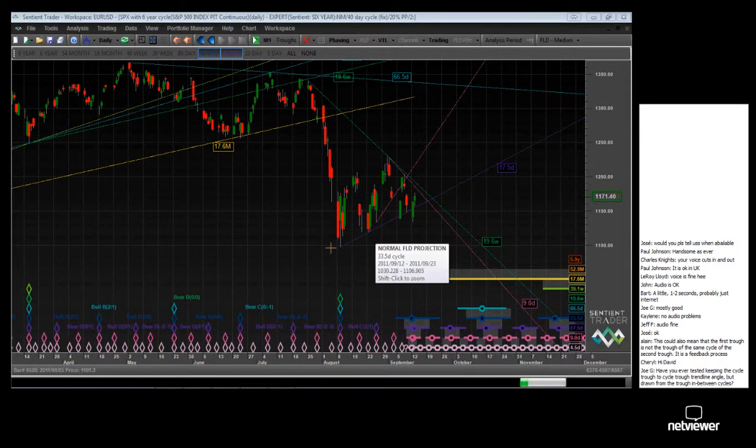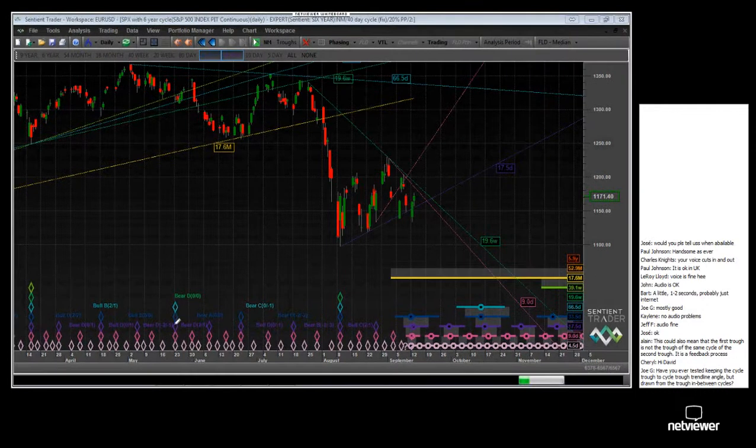Let me have a look in the chat window and see what that's about. Alain, this could also mean that the first trough is not the trough of the same cycle of the second trough. It is a feedback process. Yes, absolutely, Alain. The first trough is not the trough of the same cycle of the second trough. It's a feedback. Yes, exactly. Let me, for those who might not understand